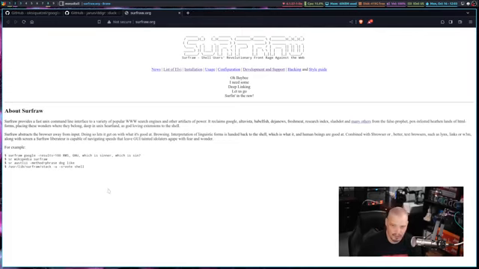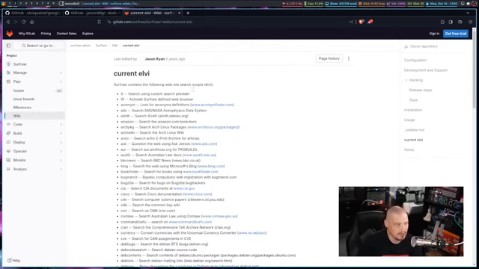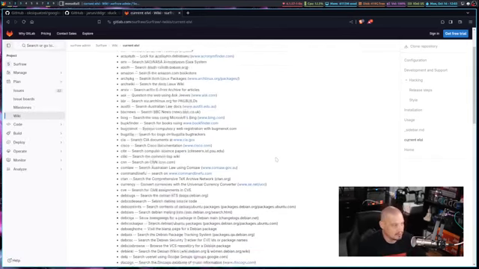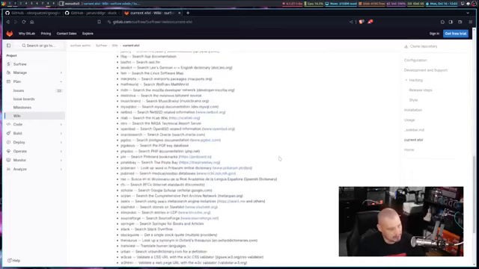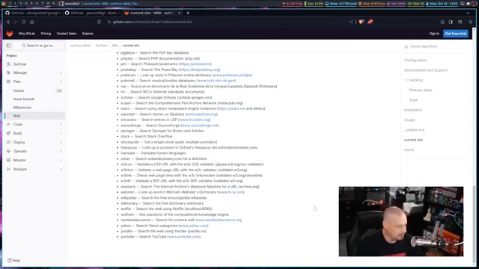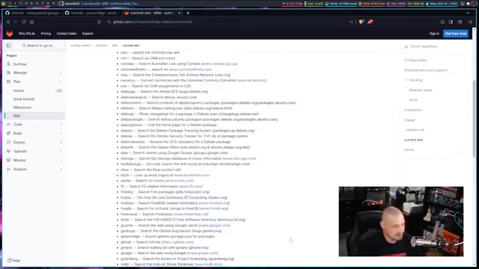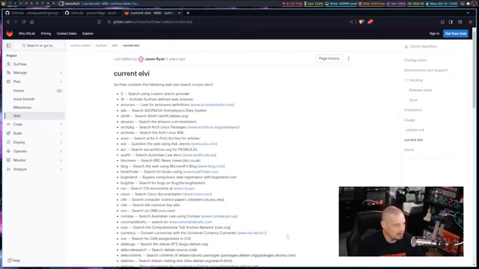It's a very old school looking web page with a blinding white background and black text. But if you go to the list of LVI, the LVI are the search indices that Surfraw can search by default, and you can see it's a rather lengthy list. You can search everything from Google and YouTube and Yahoo and Wikipedia, Wiktionary, various dictionaries and translate tools, and news